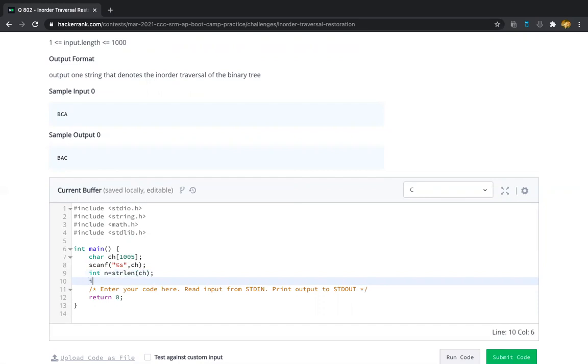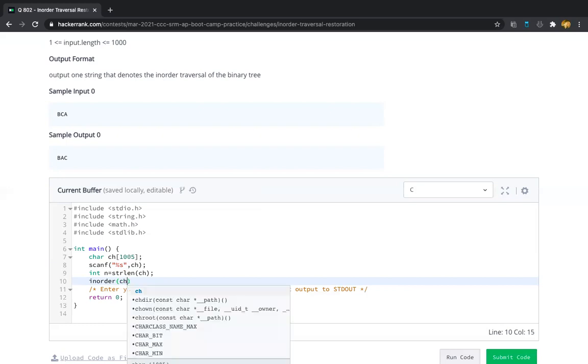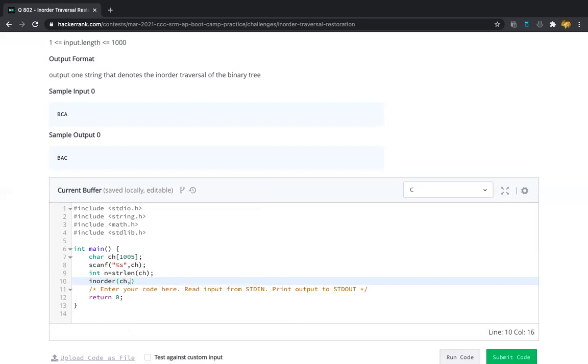After that, we'll call the in order function for converting the post order traversal into in order traversal. In it we'll pass the inputted string, and the first index, that is 0, up to n minus 1.